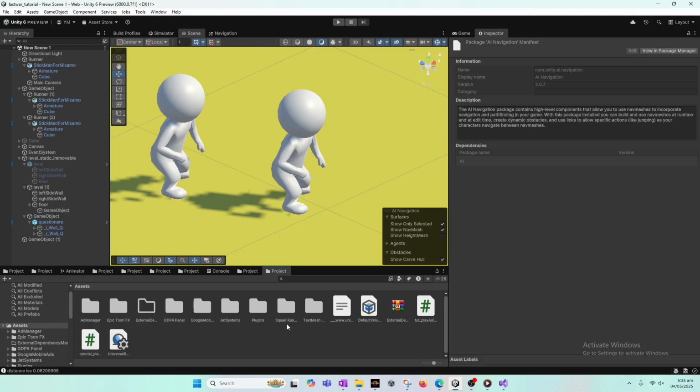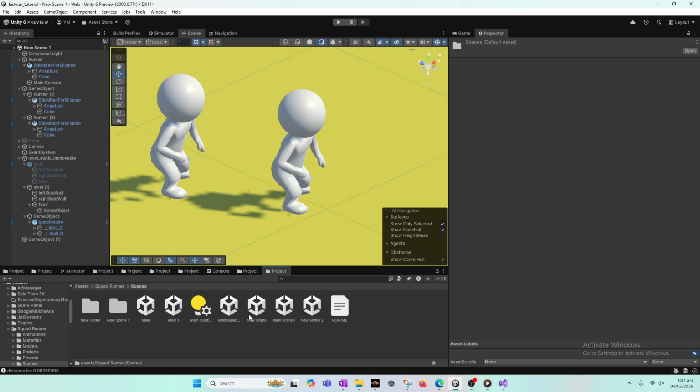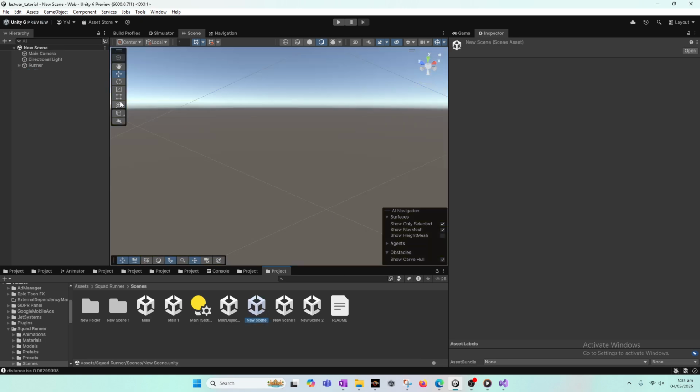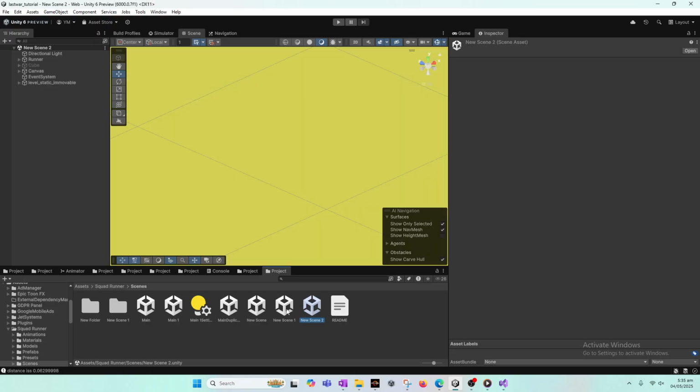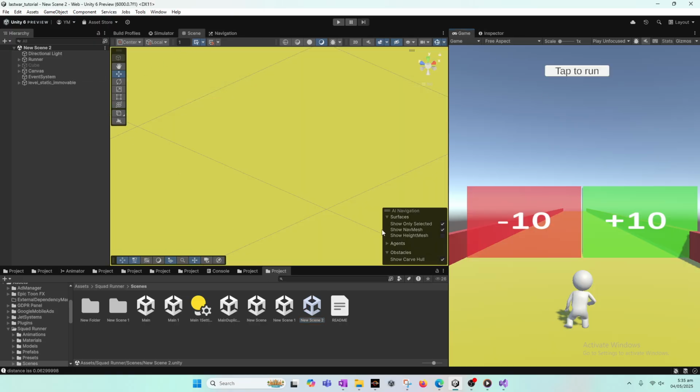When we go to Scenes, this was the last scene that we left off from, and that scene looked something like this. There is no runner enemy. Only our player is here, and there are no enemies that will follow our character. So now,